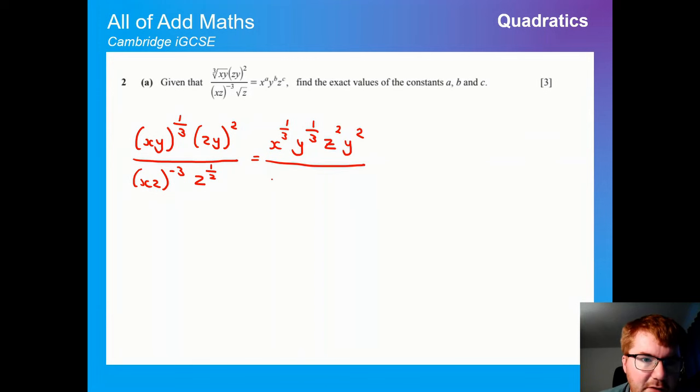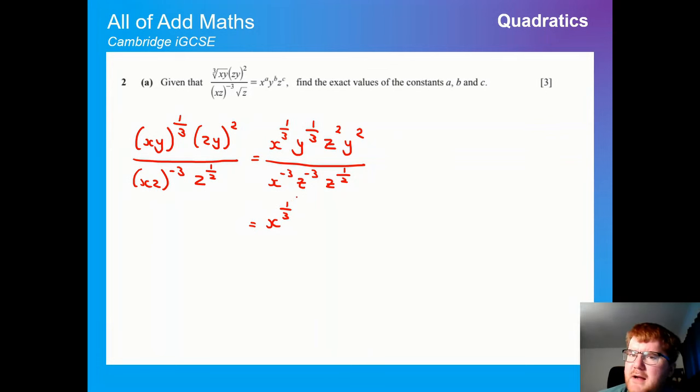And then we've got x to the power of minus 3, z to the power of minus 3, and z to the power of a half. Now this is a slightly different style of question because we can actually do some simplifying in the numerator and denominator first. So x to the power of a third stays where it is. We've got y to the power of a third times y squared. Well, that's y to the power of 2 and 1/3, which is equal to,